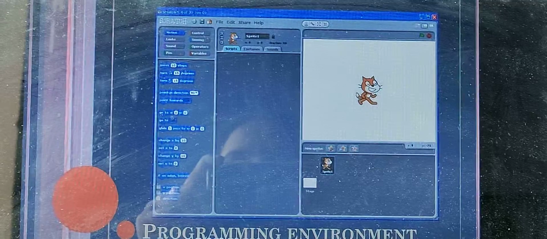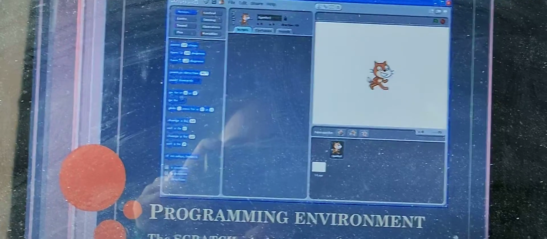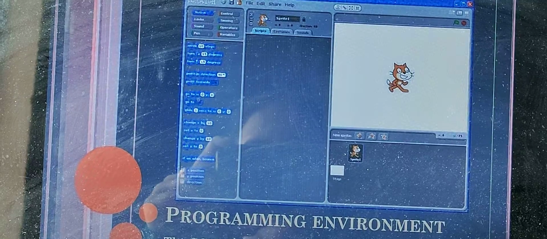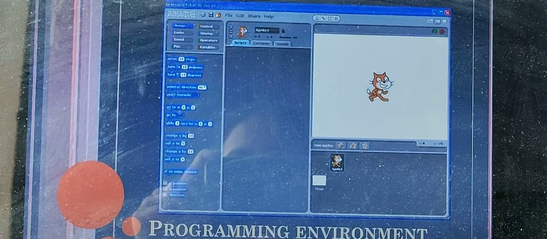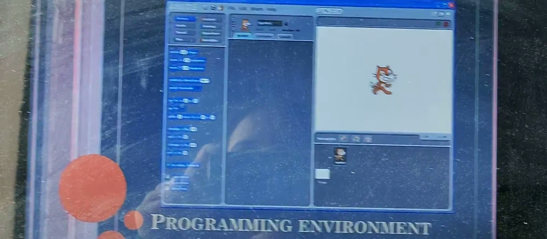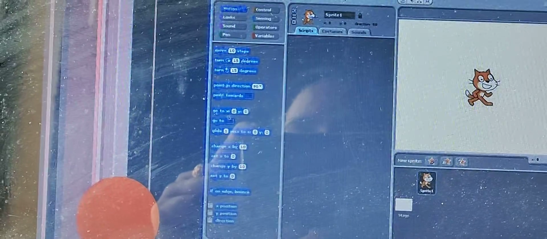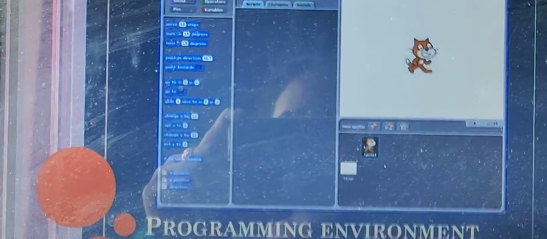You can see easily there is a programming environment where we edit and write some coding by the blocking method, and our animation character is moving. So here you are seeing a cat. It is known as a sprite. In Scratch programming, there is a sprite. A sprite is an animation character, and there are coding blocks, which are already provided in Scratch. We just need to drag the coding into the programming area, and then the animation starts.